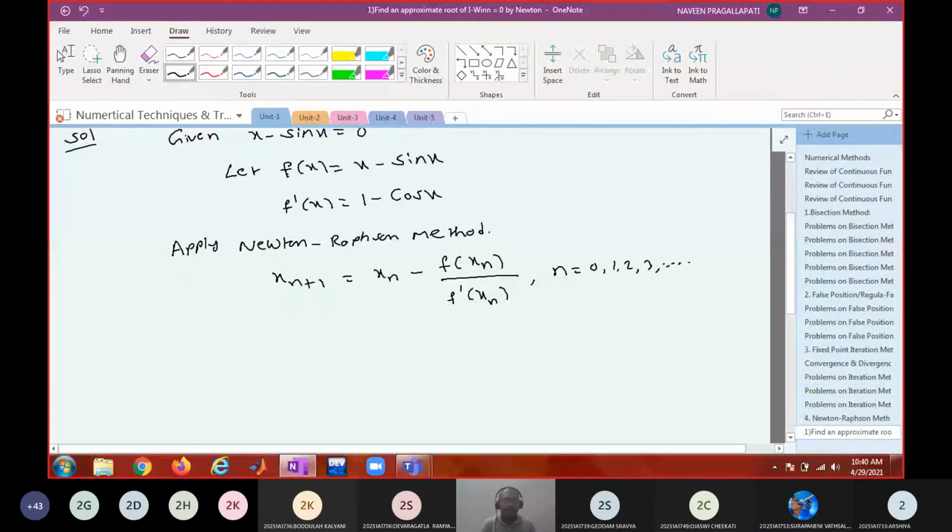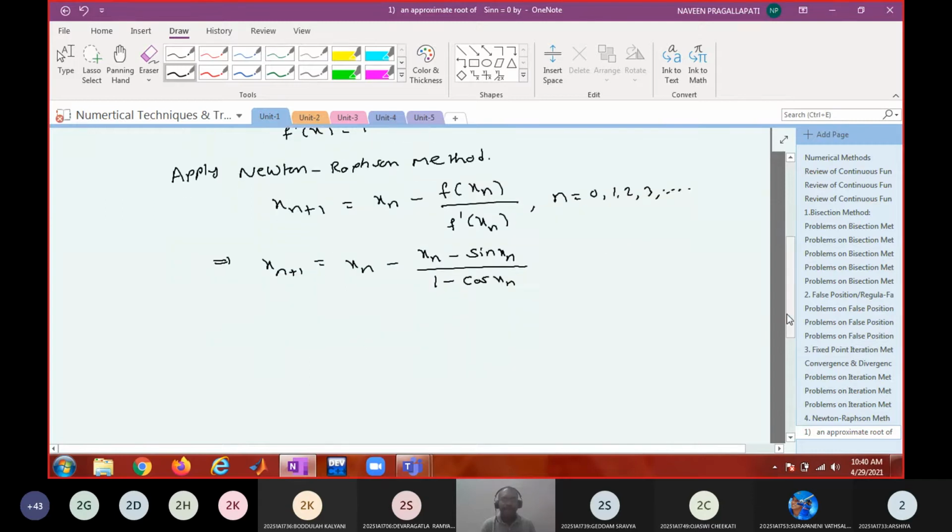So this implies that xn plus 1 is equal to xn minus f of xn, which means xn minus sin xn, by f dash of xn, which means 1 minus cos xn. Now find out x naught, x1, x2 and so on. So x1 equal to x naught minus, sorry,